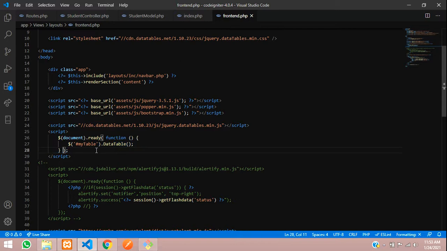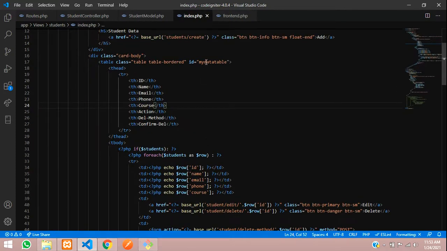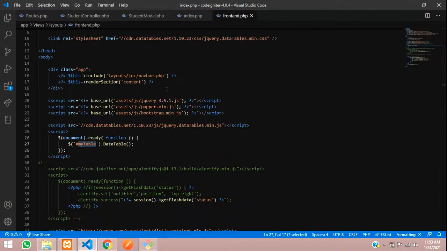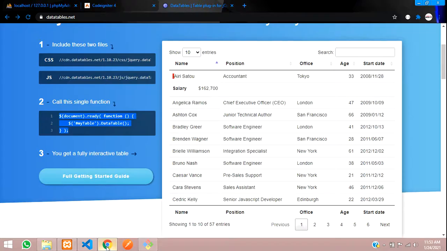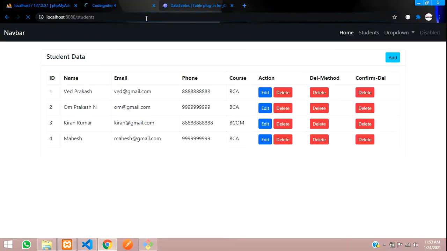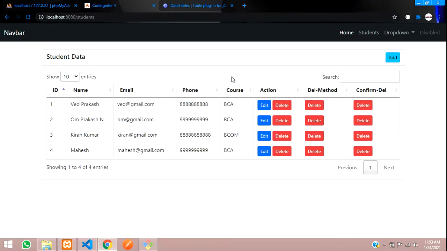Now over here you are going to change this name, according to your requirement. I have called my table data table. Wherever you're going to give the pagination and all, mention it with the hash symbol, which is recognized as an ID. Copy this, go back and paste it here. That's it, now it will be linked. Let's go back to the browser, refresh and see the output. Cool, this is how you get the output.